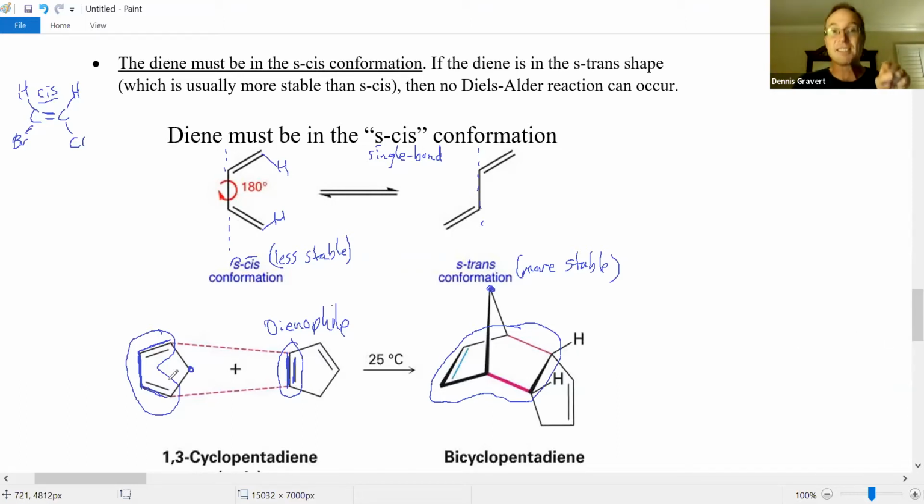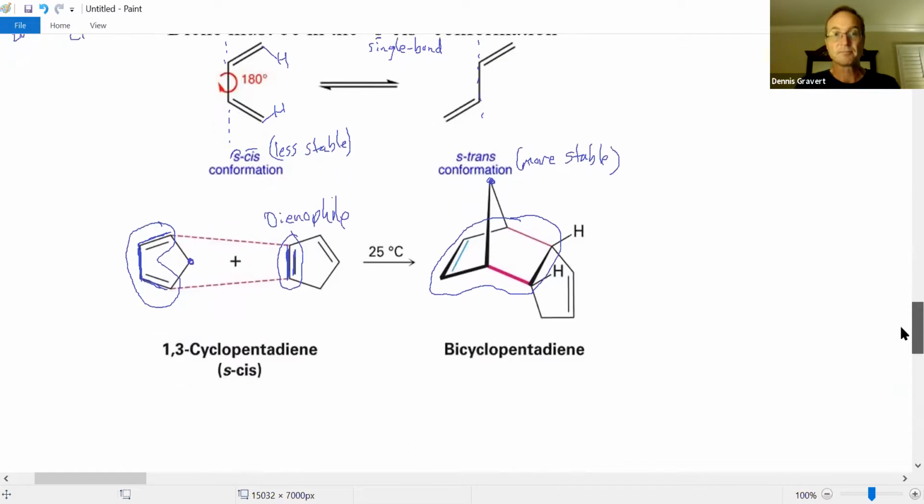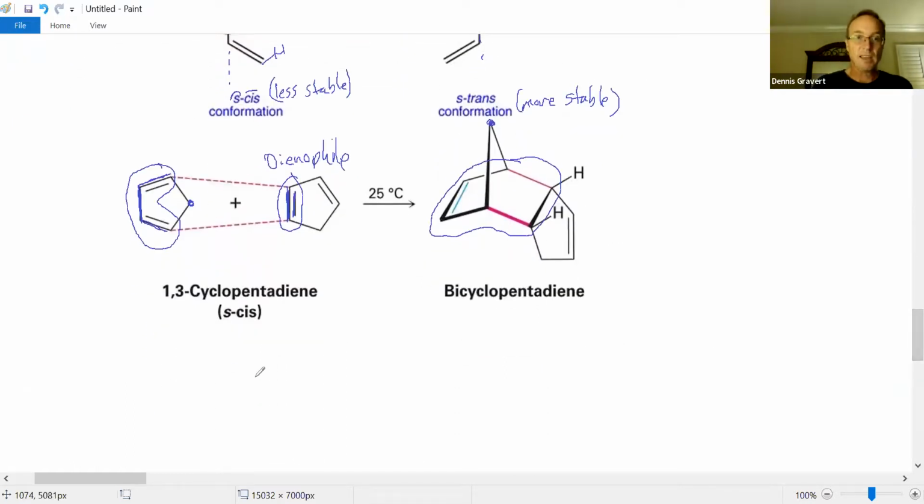Okay, so if they're locked into the S-cis, very reactive. If they're locked into the S-trans, completely unreactive, right? So can I do a Diels Alder reaction with this molecule? That's a conjugated diene. Got double, single, double. It's conjugated, it's a diene, but it's in the S-trans, and it's totally locked in that shape. I can't swing this double bond down to make it react. On the other hand,